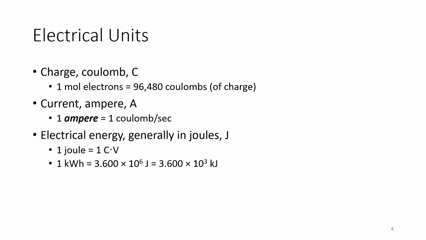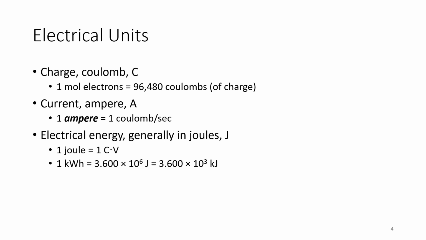Along with the relationships that we saw between the number of moles of electrons that are needed to convert moles of ions into metals, we also need to introduce some electrical units as well. So far in this chapter, the only thing that we've talked about has been something we call voltage, right? And that voltage drove the flow of electrons. But there's other things when it comes to electrical units. One of them, our top one there, is the charge of something. All right, so the charge of something, we give the units of coulombs, which we give an uppercase C as